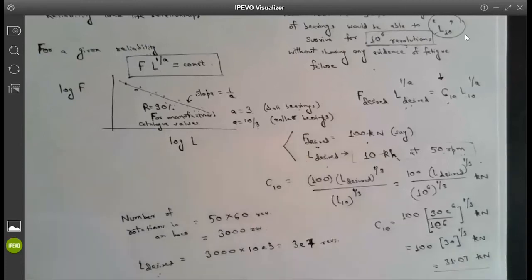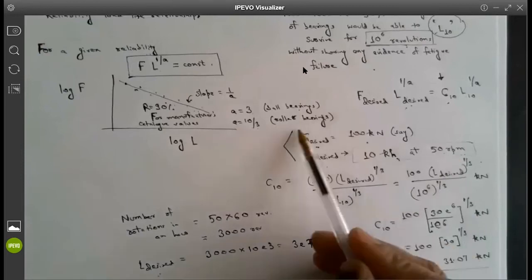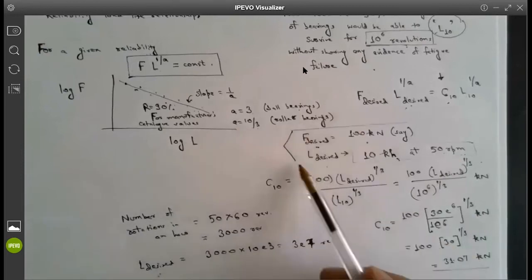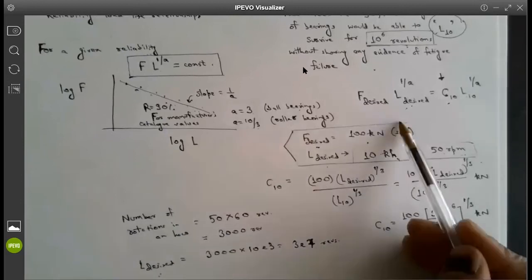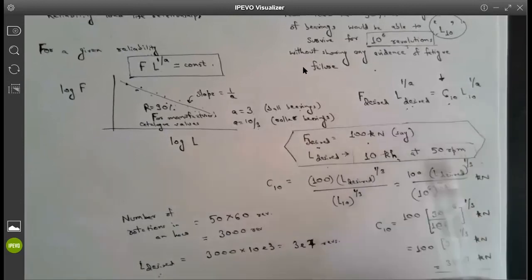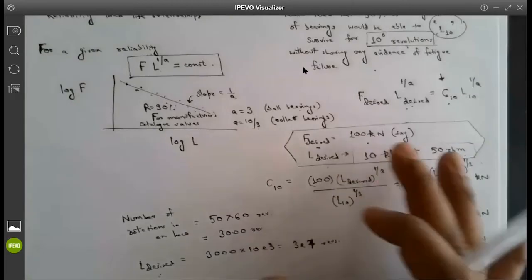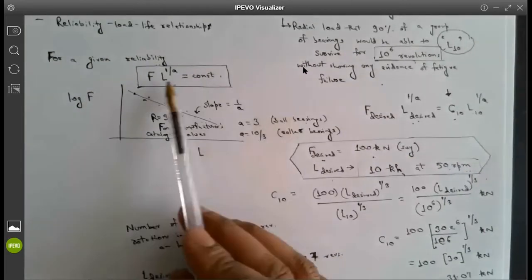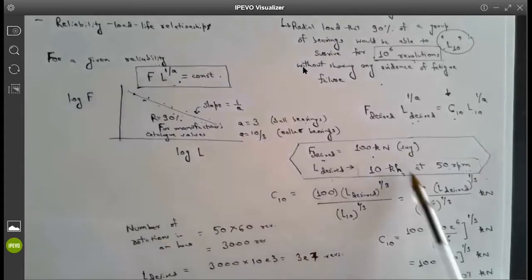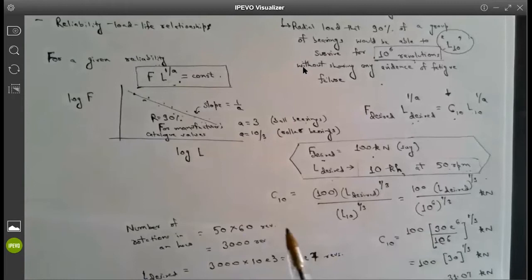Your given requirement is that you want a radial load for the bearing of 100 kilonewtons and the desired life is given by this. These are the requirements from the designer, from the application. This has nothing to do with what the manufacturer catalogs do. This comes from your requirement as a designer. Based on this requirement, we used this very simple relationship to find out what our C10 load should be, and we found the C10 load will be this much. Once you have this C10 load, you have to go to the manufacturer's catalog and select a bearing which also matches your packaging constraint. Is everybody following so far?